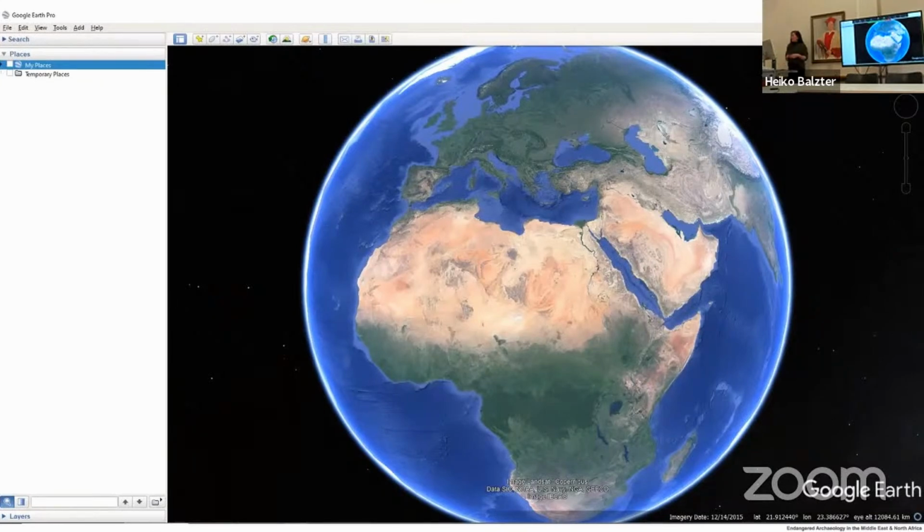As I'm sure most of you will be aware, as long as you have a computer and internet access, Google Earth is free, it's easy to learn and to teach people how to use. It doesn't require specialist skills or expensive software, just a little bit of guidance and practice. And so for these reasons, the AMINA project has really emphasized the use of open access platforms like Google Earth